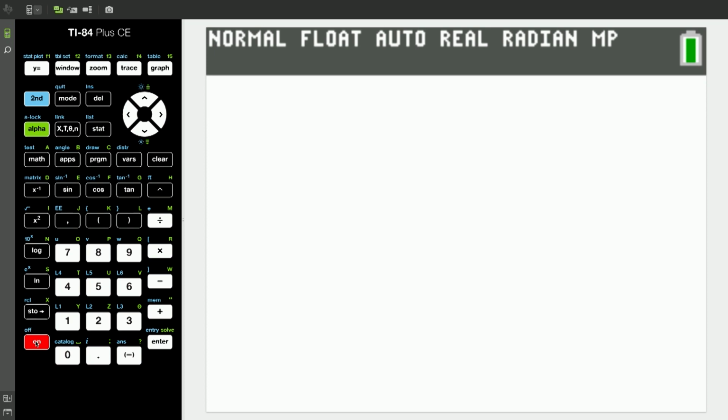So if you're working with middle school or high school, the emulator is nice because when you noticed I pressed the button, what happened? It changed color, so visually I have a clue. If you look down and look up, you can see what I just pushed. So that's really nice for students. It also will keep a history of keystrokes. So I used to run those off and print them out for my special needs students, as well as students that just were challenged, and they put those in their technology appendix for their mathematician's notebook.